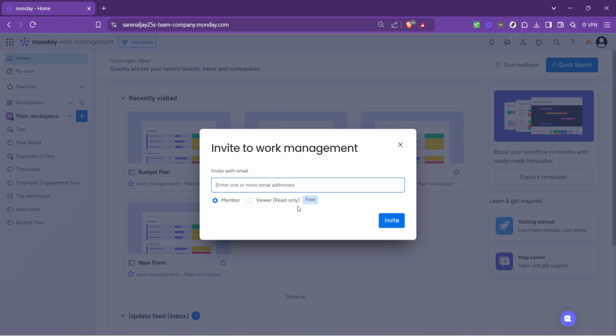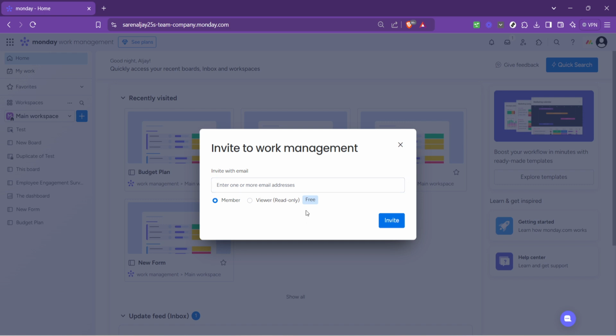Another tip is to make the most out of Monday.com's notification settings once you've invited your team members. Keeping everyone informed with real-time updates helps in maintaining momentum and ensures no one misses out on critical information. Remember, clarity is key when you're working in a team. Before you hit that invite button, consider sending a quick message to the individual you're inviting, giving them a heads up about what to expect. This preemptive communication can help smooth their entry into the team and set clear expectations right from the start.